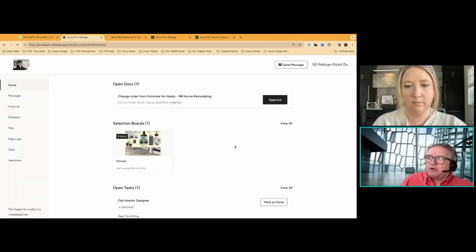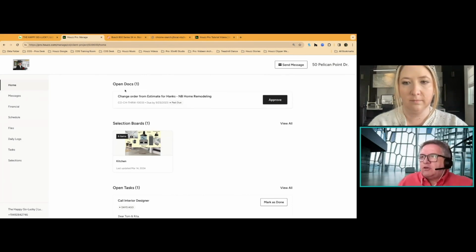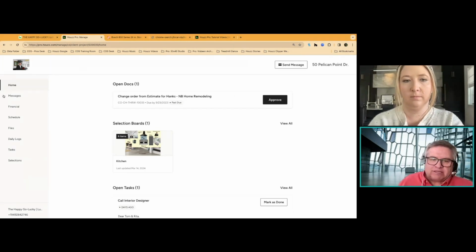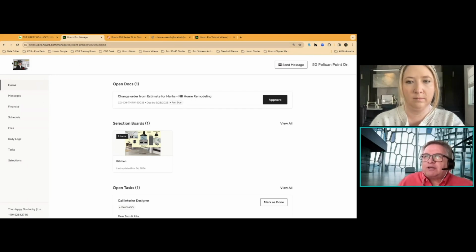Let's go back to the dashboard. And so you'll see all of that activity here. And then you can send this information to the client, which is great. So you can send this information to the client so they'll have access to it. This is, again, a great portal for them to see everything that's going on with the project. And then lastly, we want to talk about the